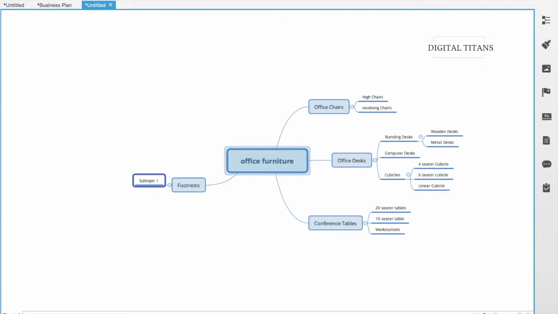And footrests can be classified into the standard footrests. So these are the ones which reduce the stress when you're working. And it could be ergonomic footrests, right? Now the logic here, all that I'm trying to tell you is it is not that you can't